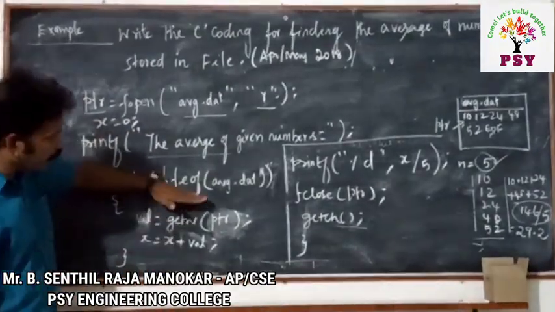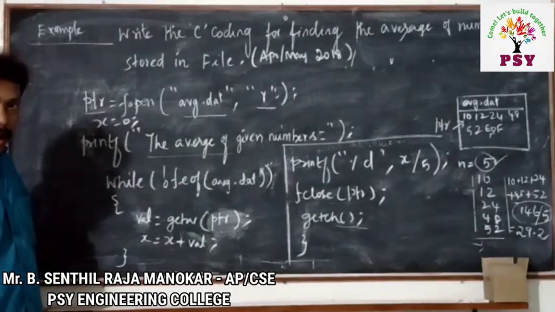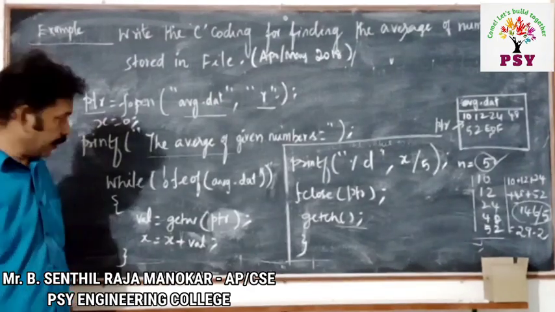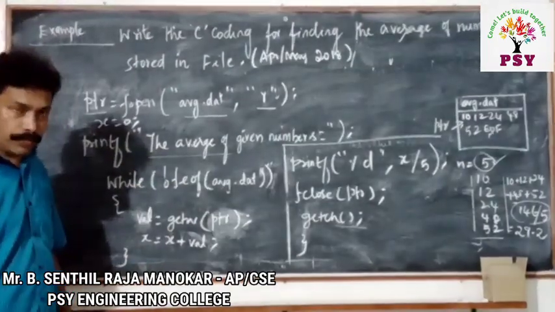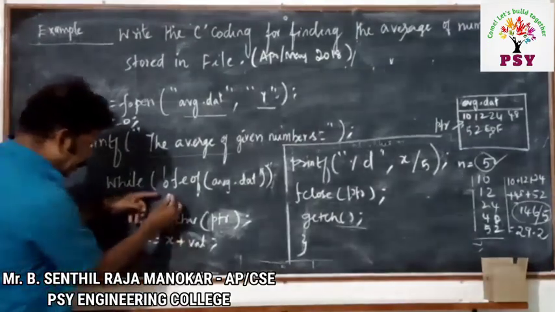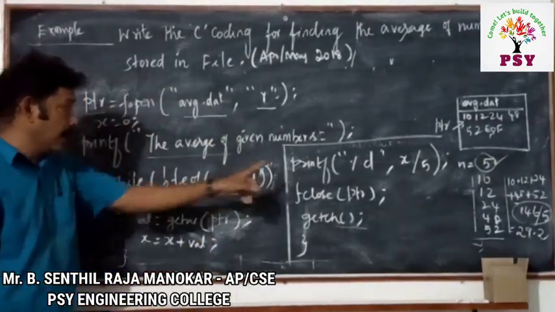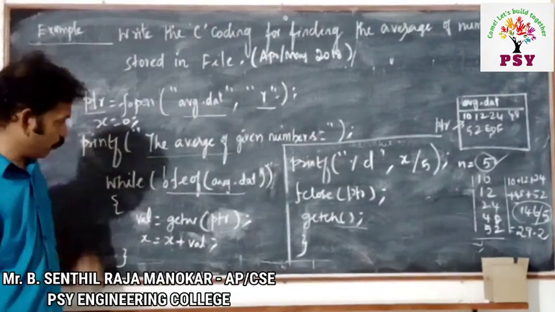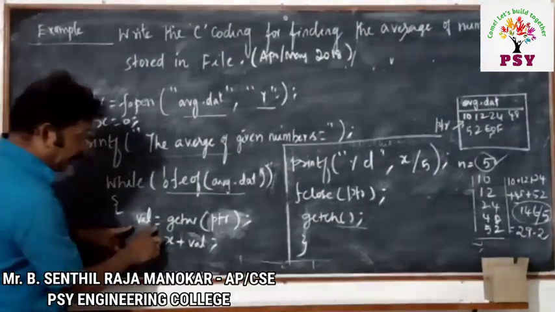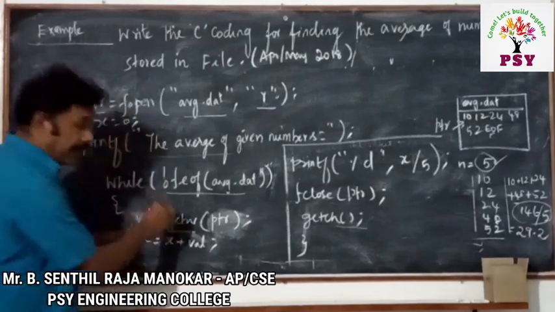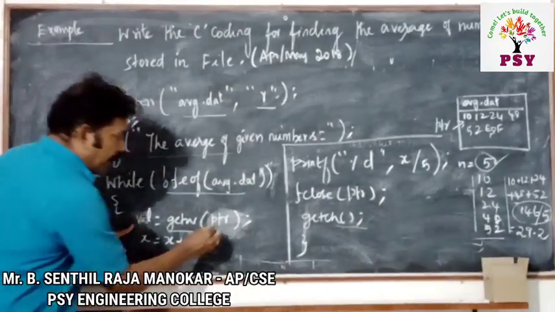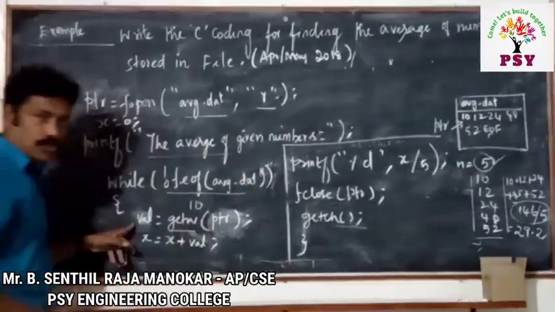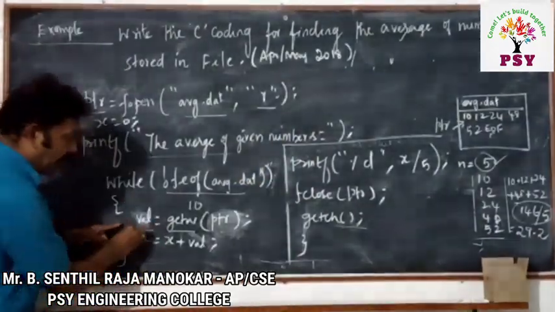See, if you have any doubt over here, we may change other statements also. Okay, so that will come later for your understanding. But the thing is here, until end of file, it will run. That's the most important point. You must know it. After that, it will get the value through getw, which is in the pointer. So what does the pointer have? 10 will be there first. That will be stored in val.